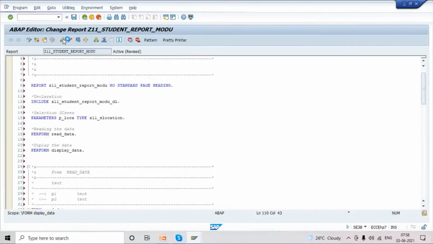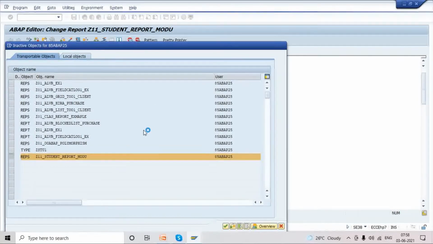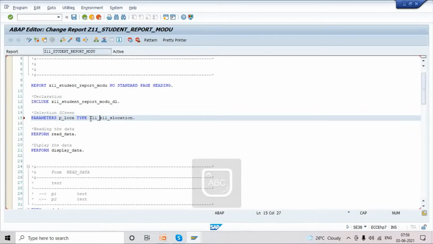Just check and save and activate. Or we can put the student table, that student table and field location.